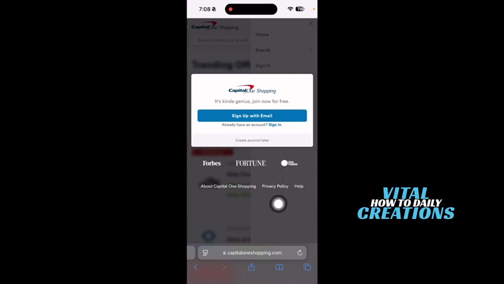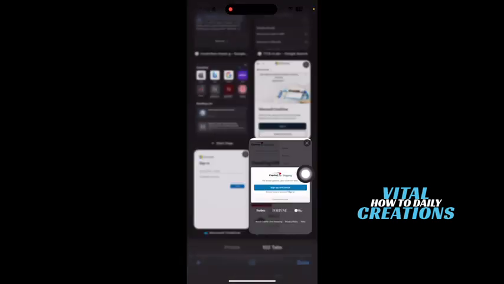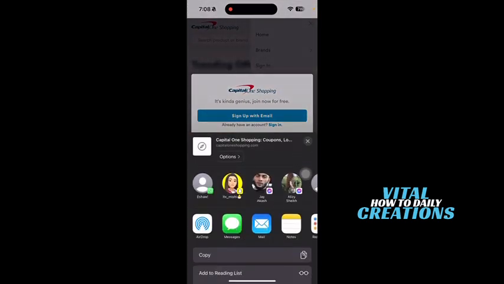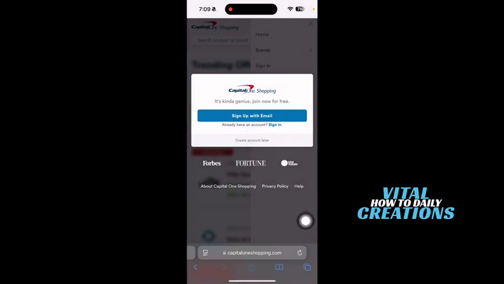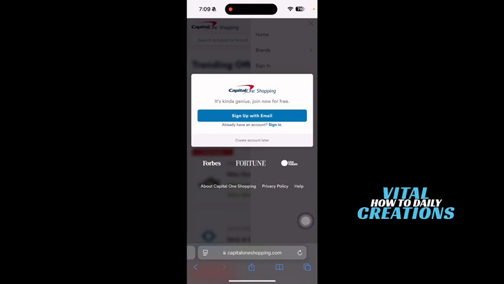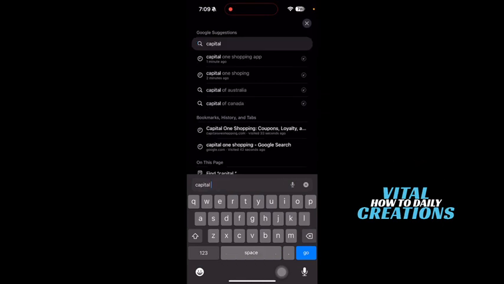and you can just add their extension, or you can just add this website to your bookmarks by clicking on this icon right here at the bottom. Just click on it, click on add to bookmarks, and you can just access this website easily to get updated news on this website. The second option is that, actually the third option is that you can just download the